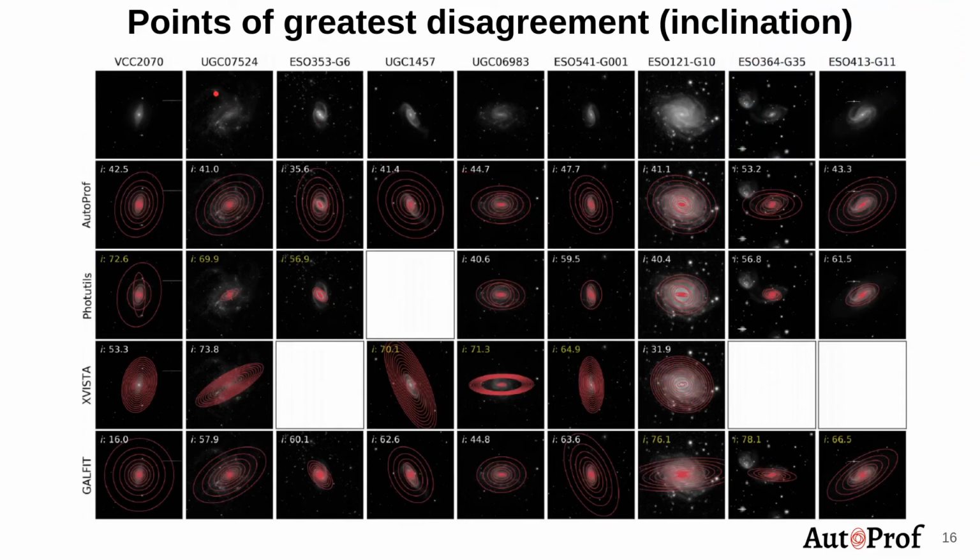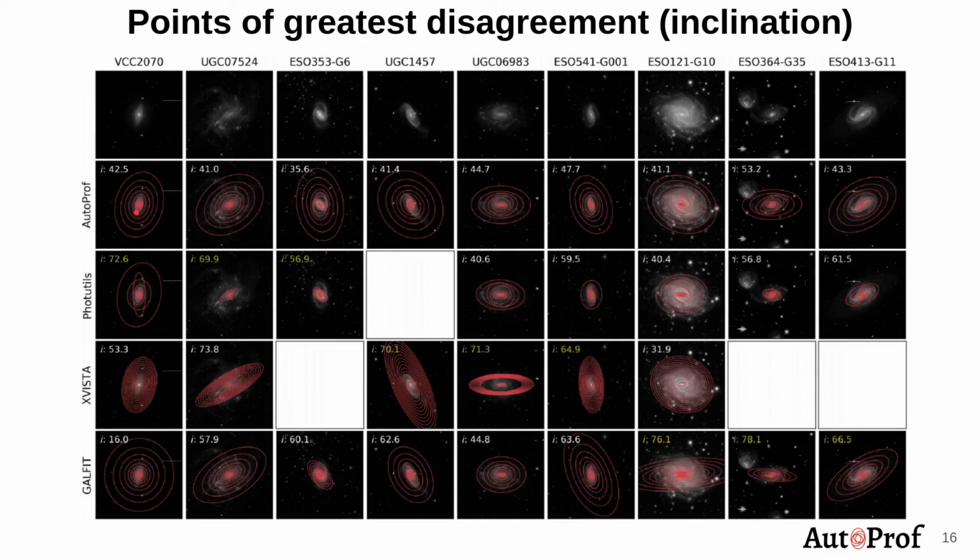Finally, we've got the points of greatest disagreement in inclination. So what we're showing here, this row at the top here, is an image of an example galaxy where AutoProf and one of the other algorithms had a large disagreement in the inclination for that galaxy. Each column is a different galaxy, and you can see all of the different fits for that galaxy. AutoProf on the second row, then PHOTUTILS, then XVISTA, and GALFIT. A blank space is where the code wasn't able to recover an image of that galaxy. So, for example, here, VCC 2070,